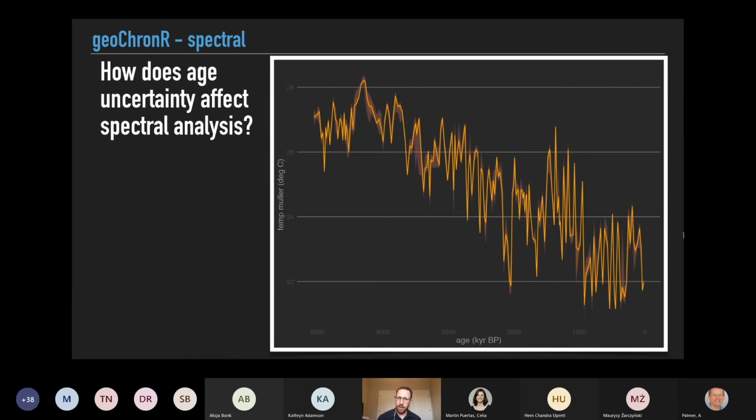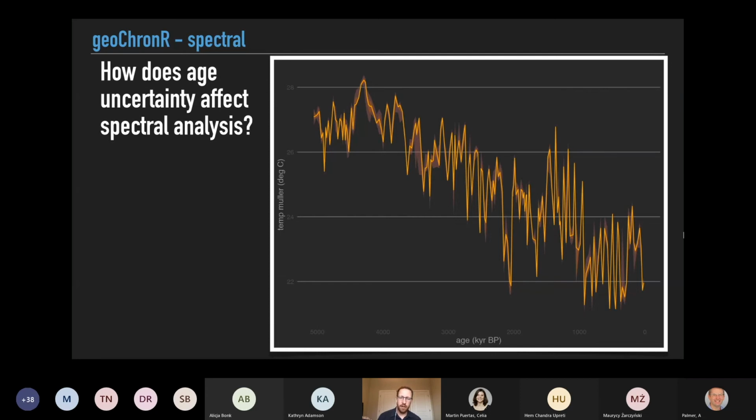So here again, we see the steady cooling, and actually the way this ends up getting visualized here is a little hard to make out, but there are strong glacial interglacial cycles present here in this data set. Something I also want to show with this example is you'll notice that the aesthetics of the plot look pretty different. So far I've been showing everything with the default geoChronR